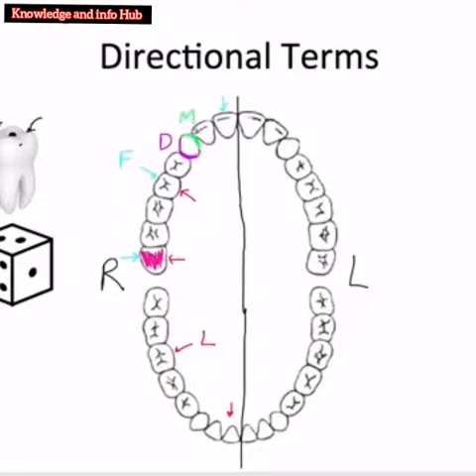And this surface right here. It's essentially the surface that you're biting and chewing with. And so that surface will be called the occlusal, or O for occlusal surface. Now, that's basically the 5 tooth surfaces, but it gets a little bit